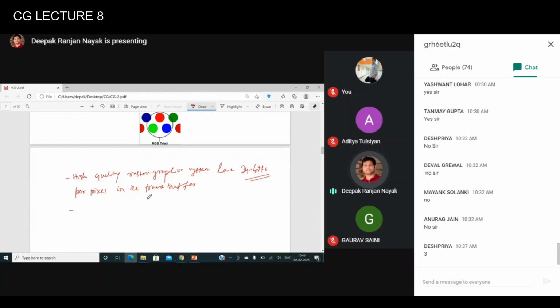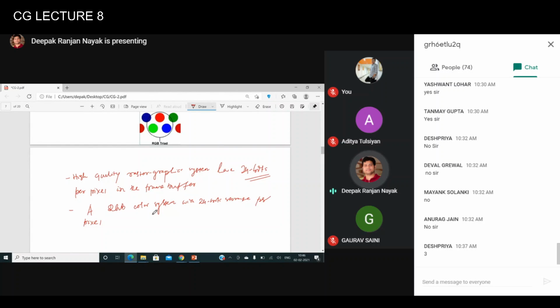One more important point here. An RGB color system with 24 bit storage per pixel will have 3 different planes for RGB.